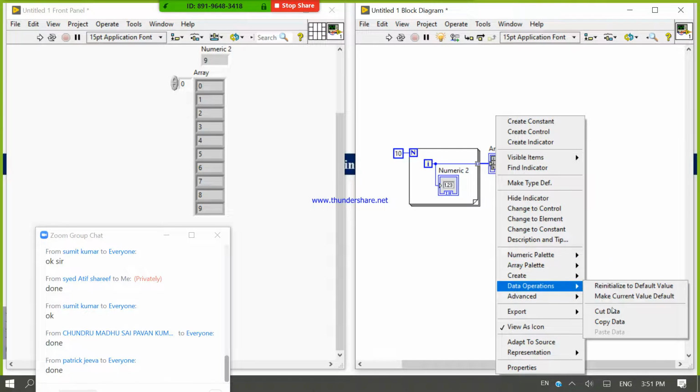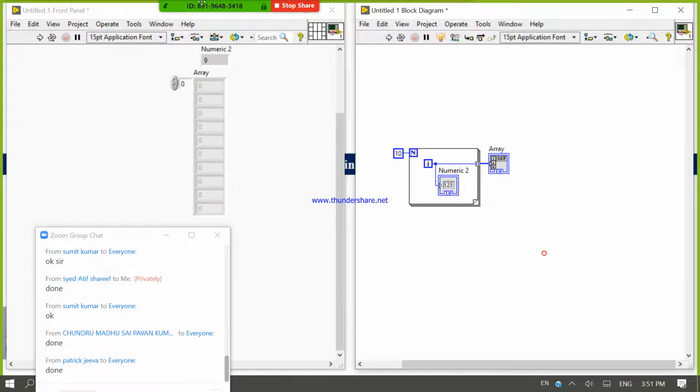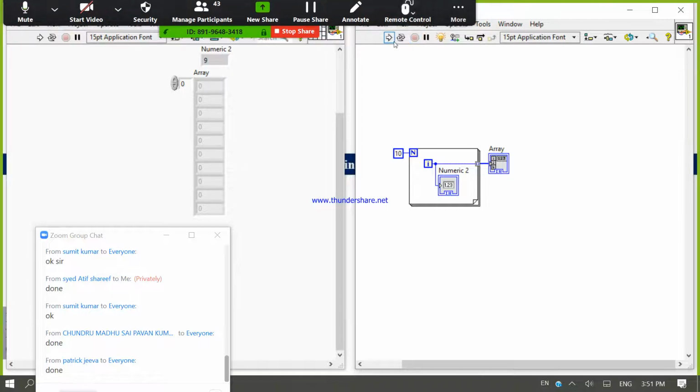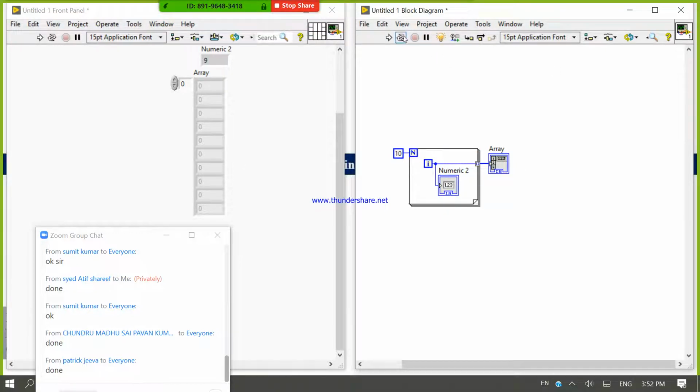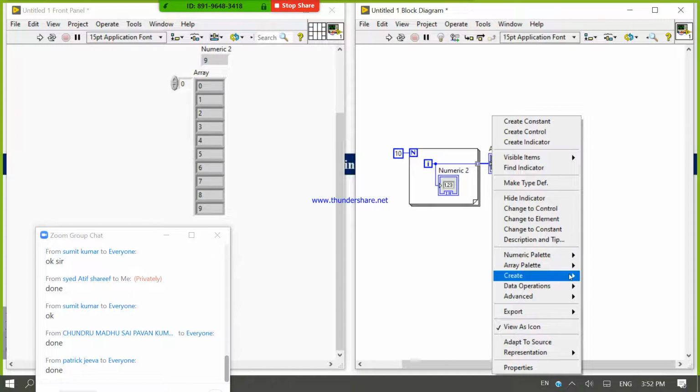Now what happened? Look here. If I push this button, I will not get the output as much as I want. Again I am going to show you.